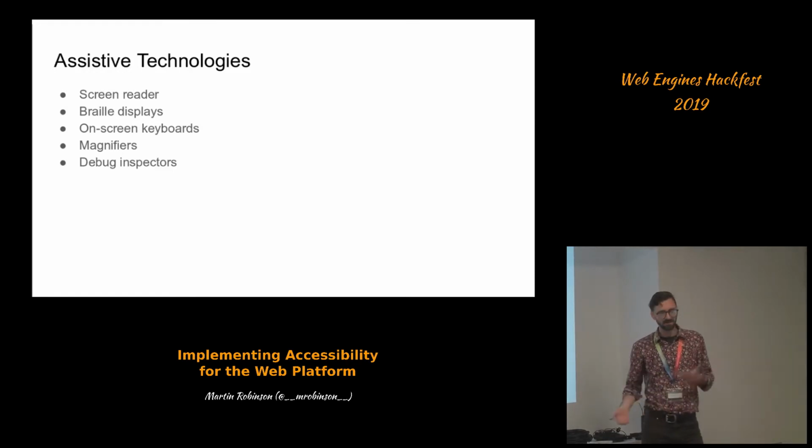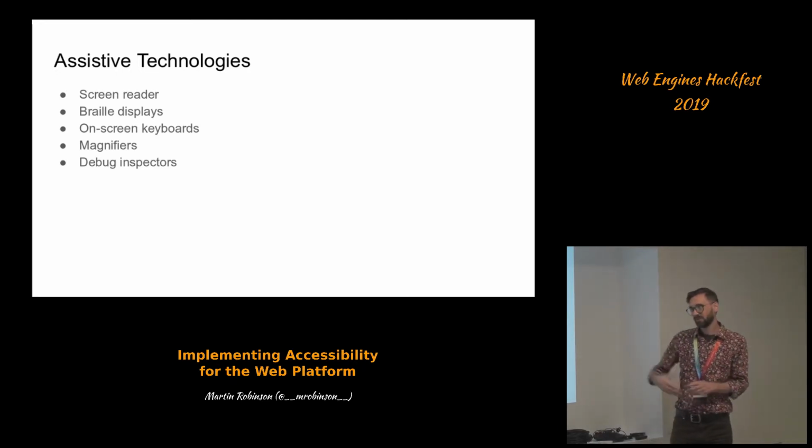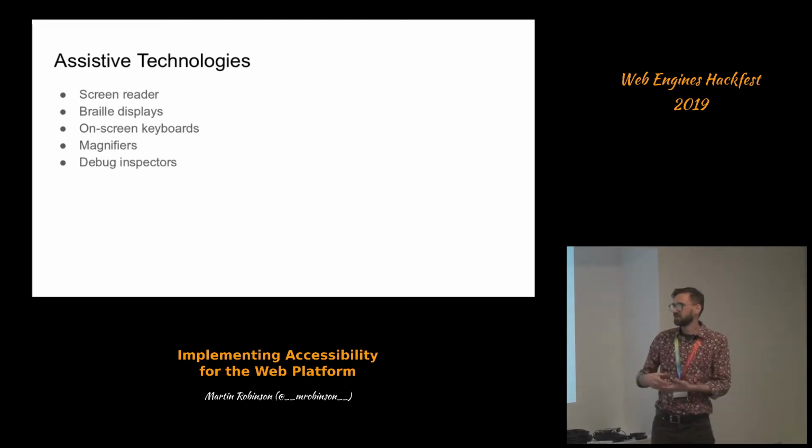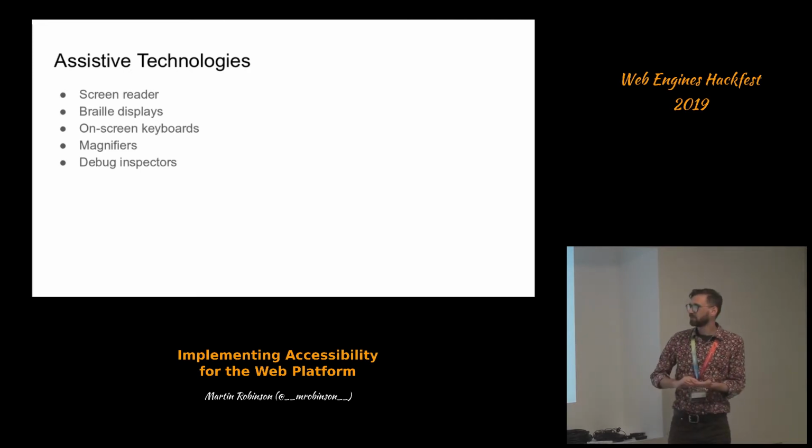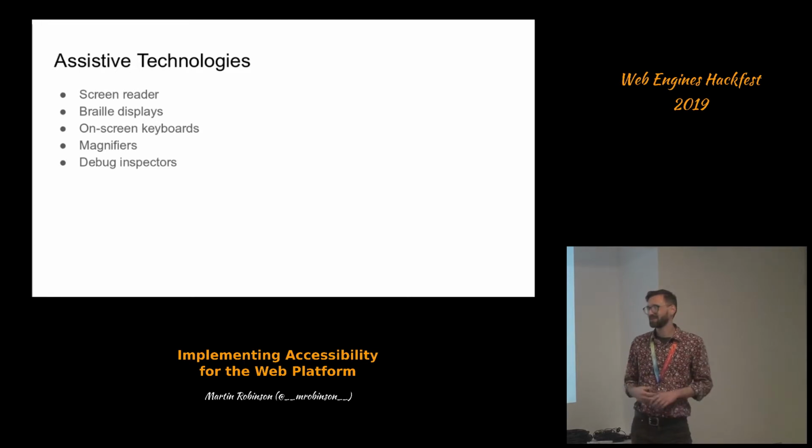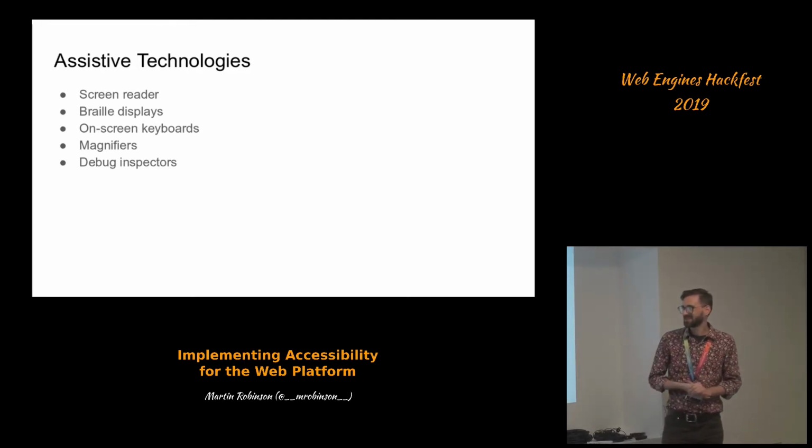You could turn it on in your settings and hear what it's like to use one. But there are other things like Braille displays that can produce Braille, or on-screen keyboards, magnifiers, and debug inspectors, which